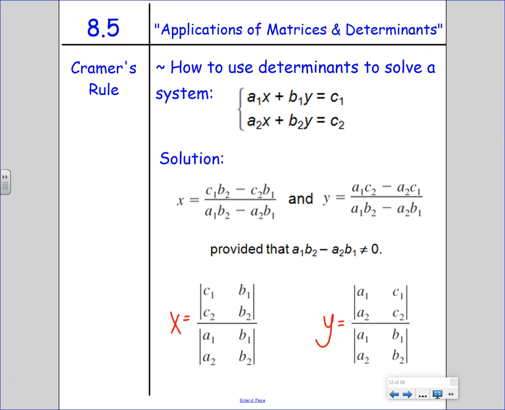For Cramer's rule, what on earth is going on? So we have two different unknowns, x and y. If it was bigger, it'd be x and y and z, x and y and z and w, or whatever. In order to solve them, if you notice, both of them are fractions. Both of them have numerators and denominators. And in those numerators and denominators, you have two different sets of matrices. This bottom is what we're going to call the determinant